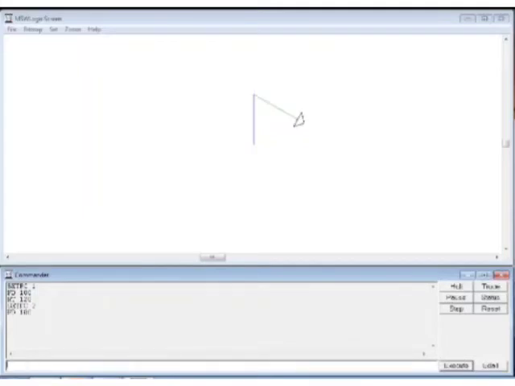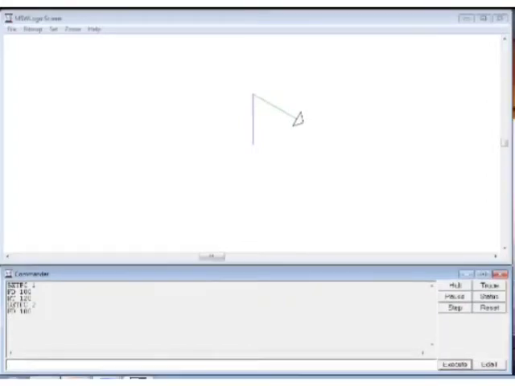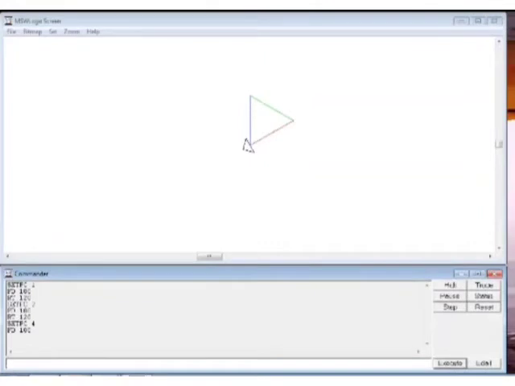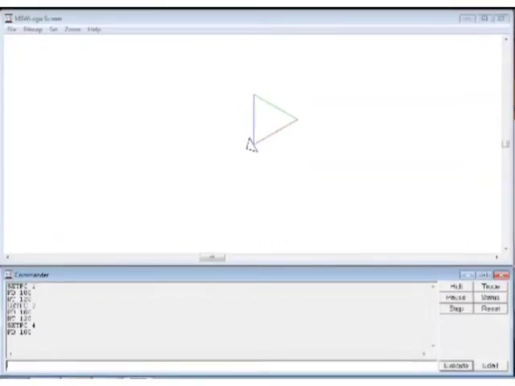The turtle moves forward by 100 units. Here you can see in the picture. RT 120. Set PC 4. The pen color changes to red. FD 100. Students, you can see 3 lines of different colors, which makes a triangle.